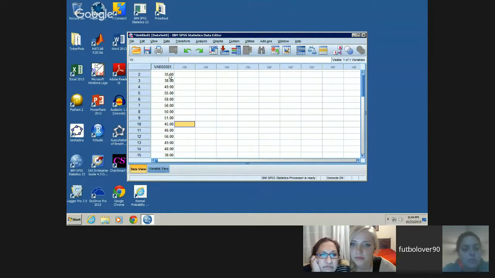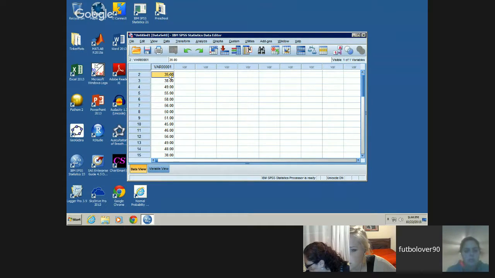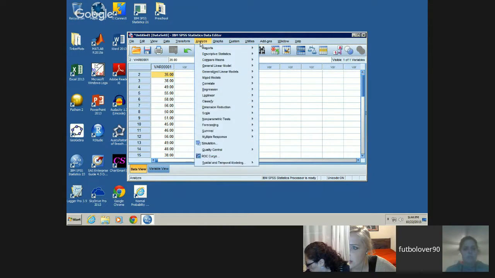For one of the questions it was asking for a 90% something. What is it? Let me check so I can show you how. It says there's a 0.05 level of significance. Okay, I think that's it.